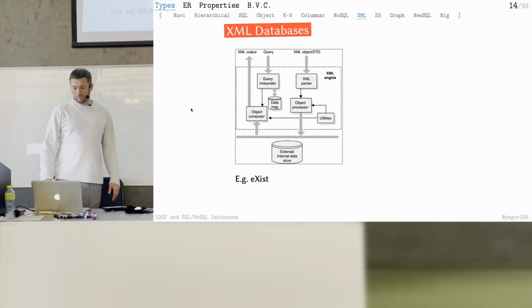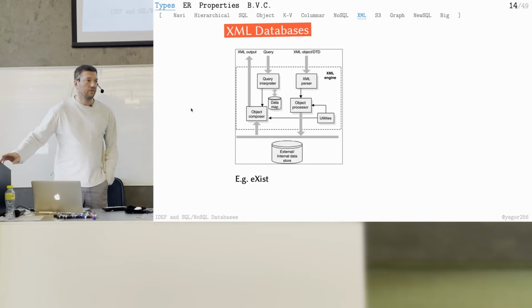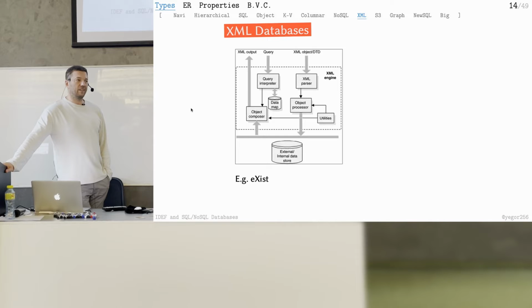Yes, it sounds like in some parts of history, it was a trend to make databases, so everyone made a new folder. It was a trend, yeah, you're right. Most of these things, like object databases, XML databases, were a trend some time ago.